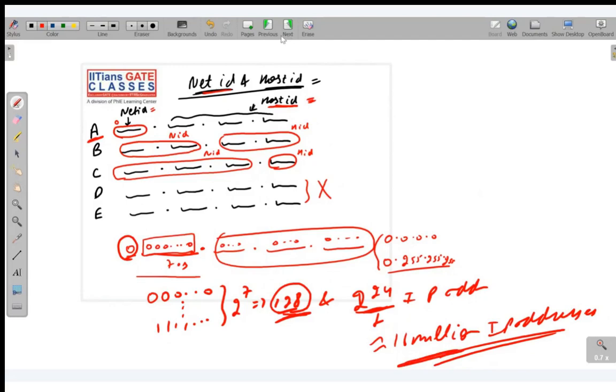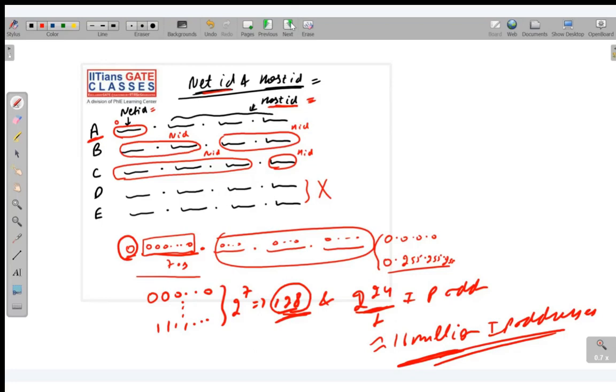Please write down these points. These are very, very important. Since net ID is given to each network or LAN, a class A IP address can be given to 2 power 7, that is 128 different organizations,